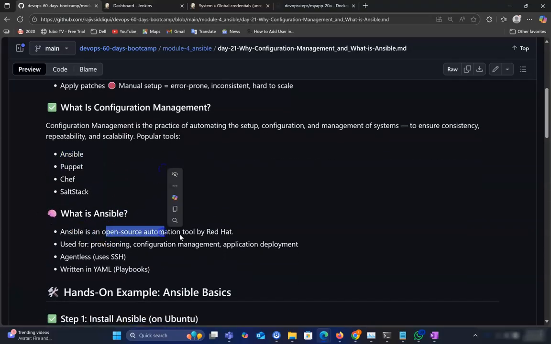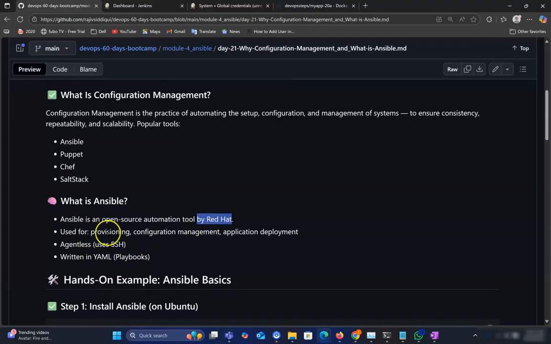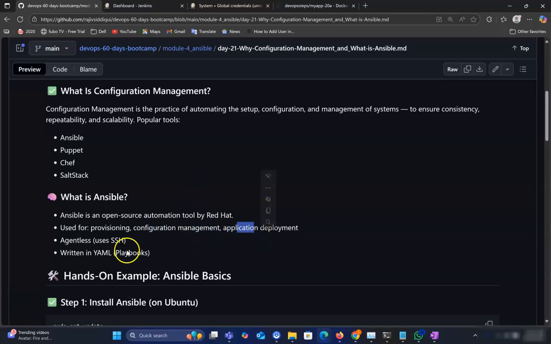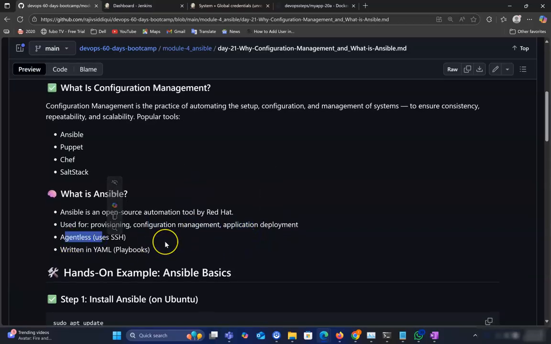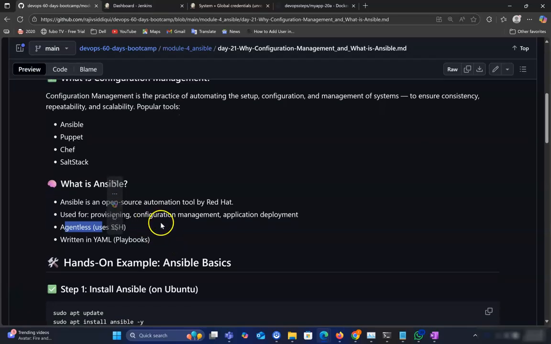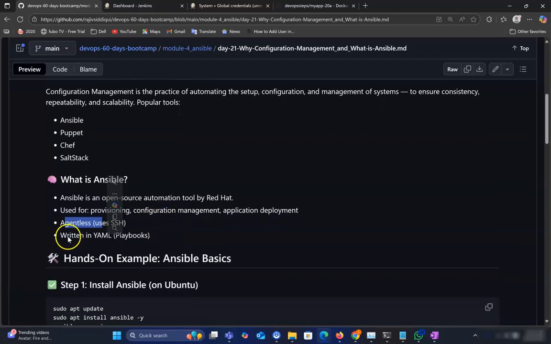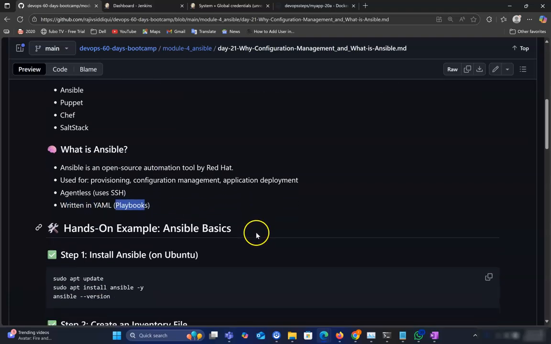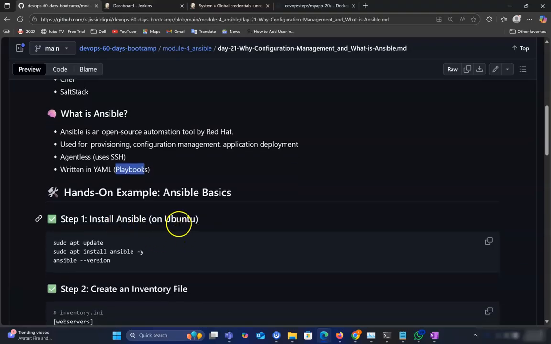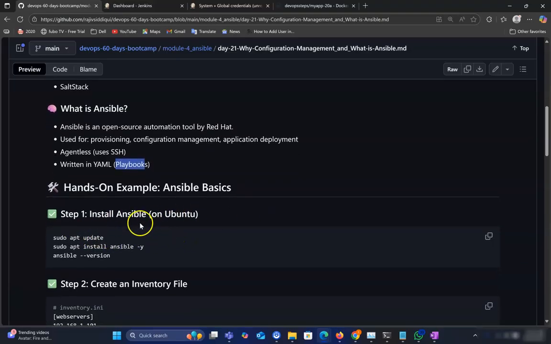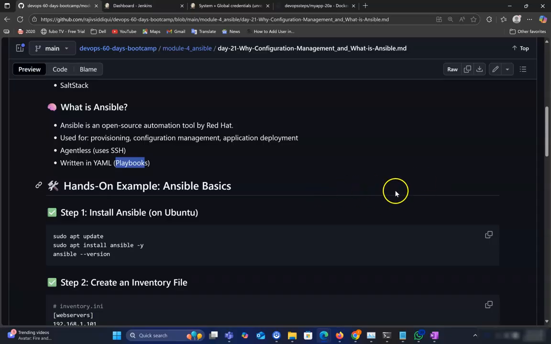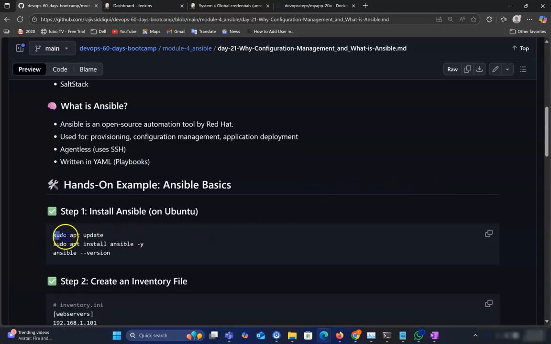Ansible is an open source automation tool by Red Hat used for provisioning, configuration management, and application deployment. It's agentless, so Ansible works just by logging in using SSH. It's written in YAML files, which are called playbooks. So it's very user friendly. Installing Ansible is also very easy. If you want to see the installation process, I have made another video, but it's very simple. You just run these 3 commands: sudo update, install Ansible, then you can check the version